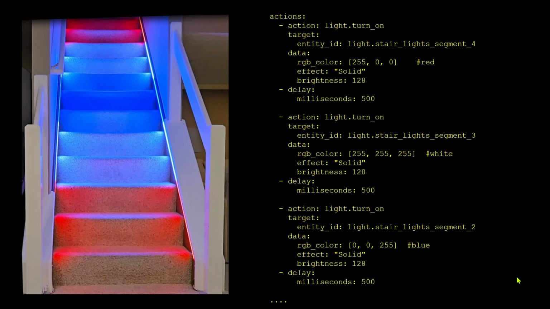Now here's the action part of the automation that I showed as a demo for my stair lights earlier. And sorry, I'm just showing the YAML here, but the logic is pretty easy to recreate in the UI editor. In this particular case, I'm simply turning on the first segment at the top in my particular instance, and I'm setting it to solid red. I then delay for a half second. Then I turn on the next segment, in this case, white. I again delay for 500 milliseconds and then turn on the next segment in blue, and so on until all